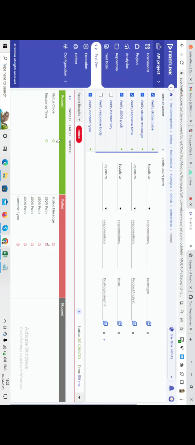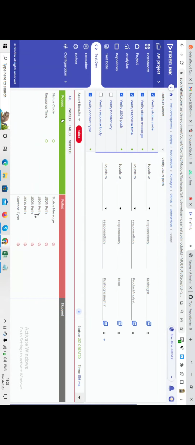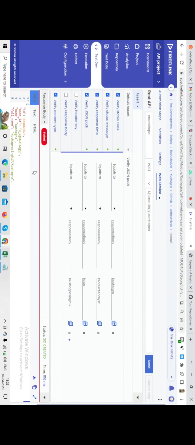ओ माय गॉड, वो बोल रहा है कि पूरी बॉडी, मतलब समझ रहे हो आप, ये रिस्पॉन्स बॉडी पूरी लाके एक ही बार में पटक दो, ठीक है। बेसिकली मैं क्या समझाता हूँ, यहाँ पे JSON पाथ में बोल रहा है कि इक्वल्स टू, यहाँ पे दे दिया है कि रिस्पॉन्स बॉडी किसके इक्वल होनी चाहिए, ठीक है। तो ये तो तभी पता चलेगा जब हमको बॉडी लाइक रियलिटी में मिल जाएगी, ठीक है। तो ये देखो, अगर